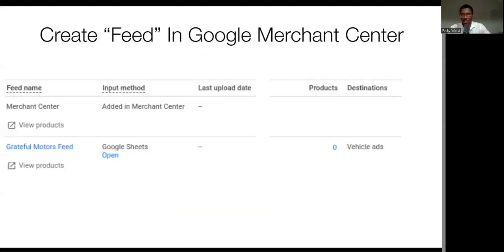So creating a feed in your Google Merchant Center, this is what it's going to look like. Whenever you're creating that feed, it's going to ask you for a feed name. Just go ahead and put your dealership. The input method is going to be a Google Sheet, right? It's going to ask you to select from a couple different methods, select Google Sheets. And then you're going to select destination as vehicle ads, which you should have access to